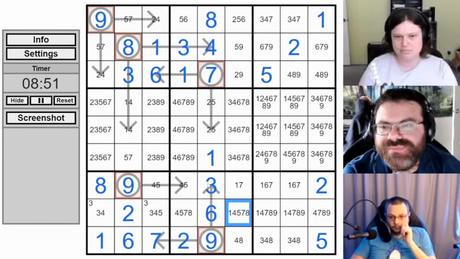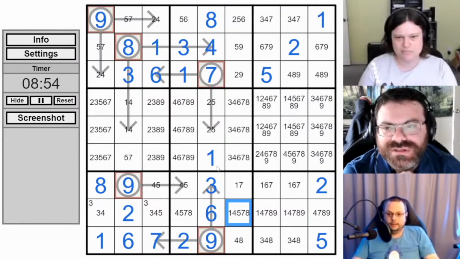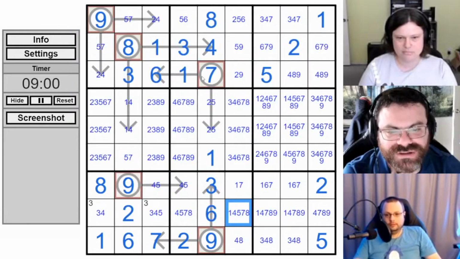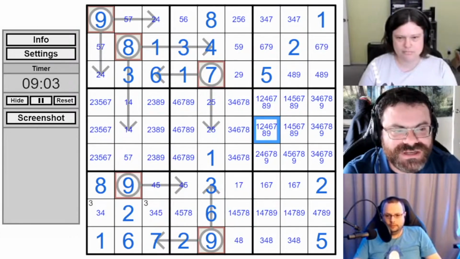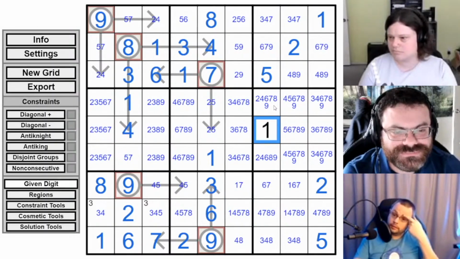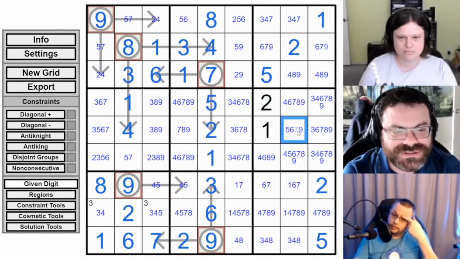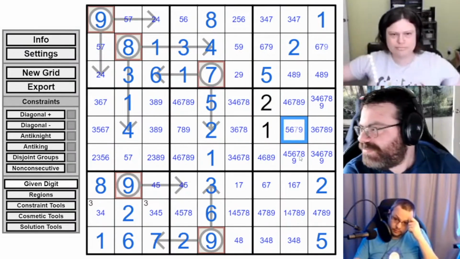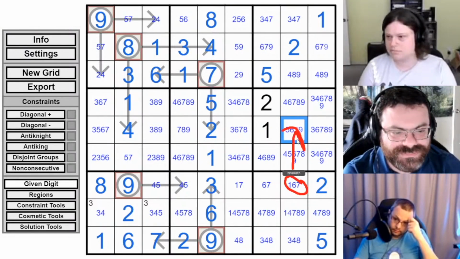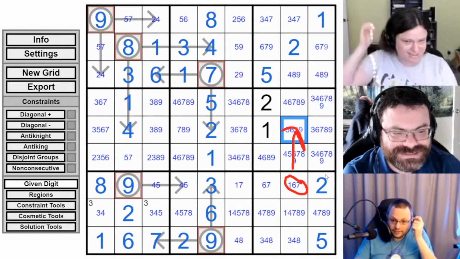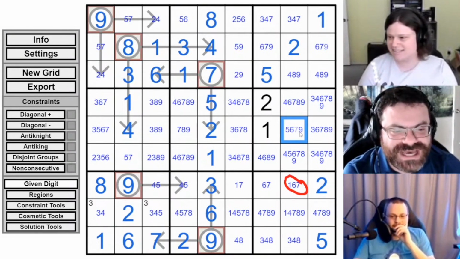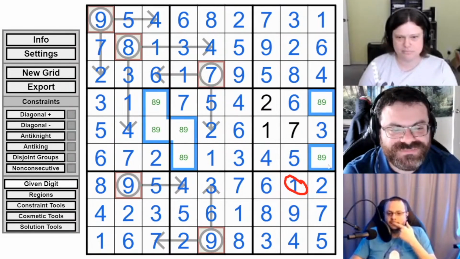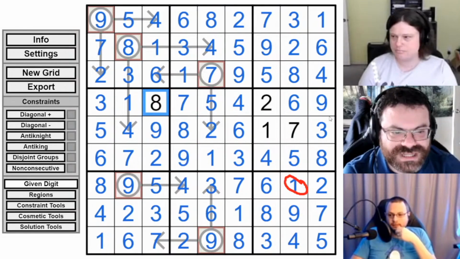Solution count color codes the digits based on how many solutions would be left in our puzzle if you were to give that digit. If I turn on solution count here, it takes a little bit longer. They're all blue right now, but if I fill enough givens, this 7 has turned a slightly lighter blue. It might be hard to see on stream. That's saying if I give this 7, there'll be very few solutions left. And these are green, which means if I give them, the puzzle is unique. So that's what that color coding means.